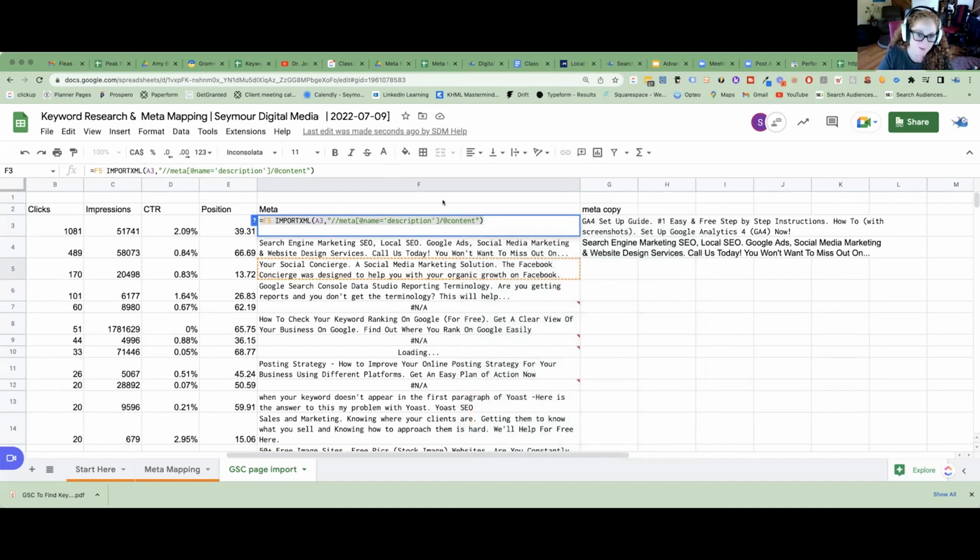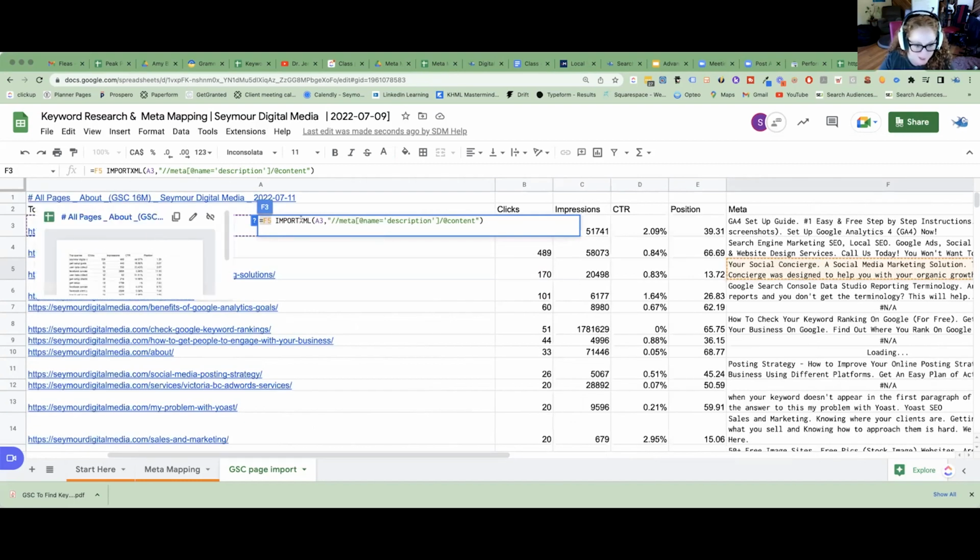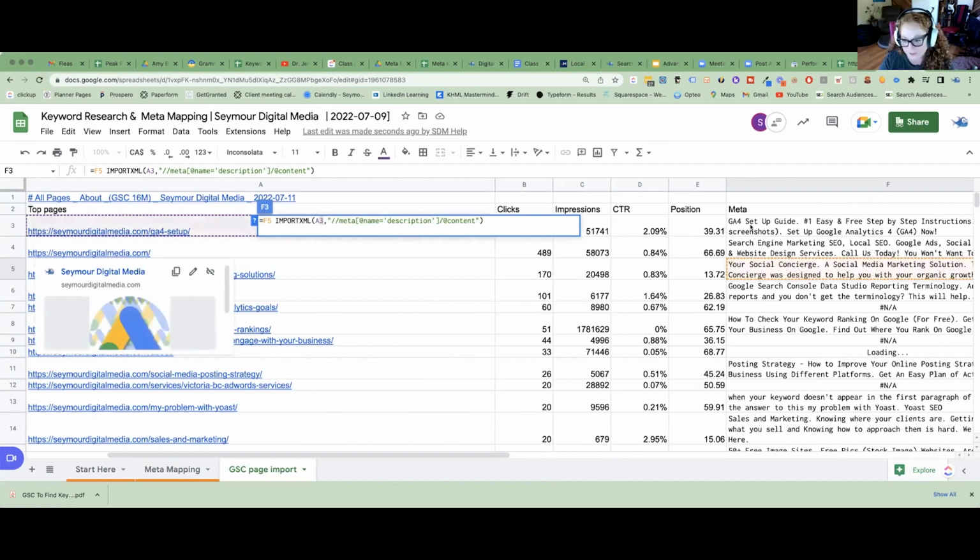I just added the little code there. You're going to see where it says meta, but see where it says F5. So if you look, F5, or sorry, is it A5, A3? It says,